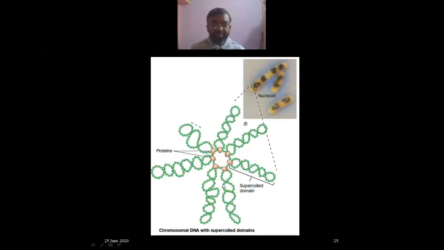Now the question arises: in the case of eukaryotes, each chromosome is present in two versions. The same chromosome is present twice, except the sex chromosomes. How many chromosomes are there in a human cell? 23 pairs. Very good, 46 in total, 23 pairs. Forget about XX, which is the same in the female, and XY, which is different. Forget about X and Y. All other chromosomes are the same.